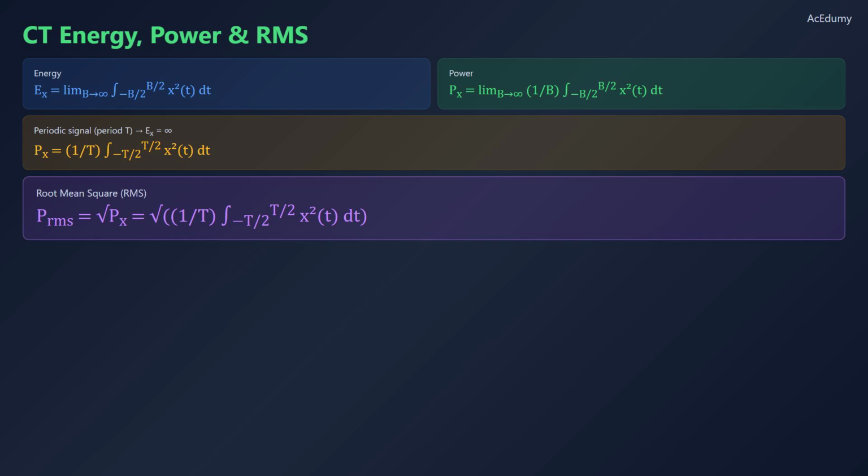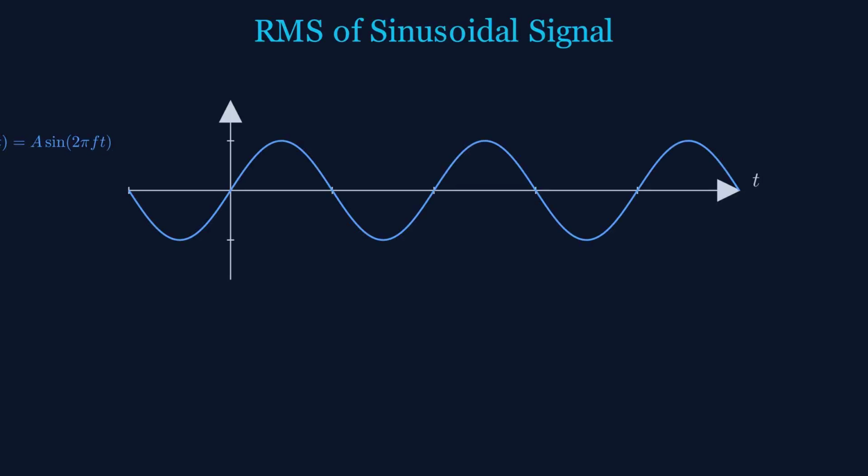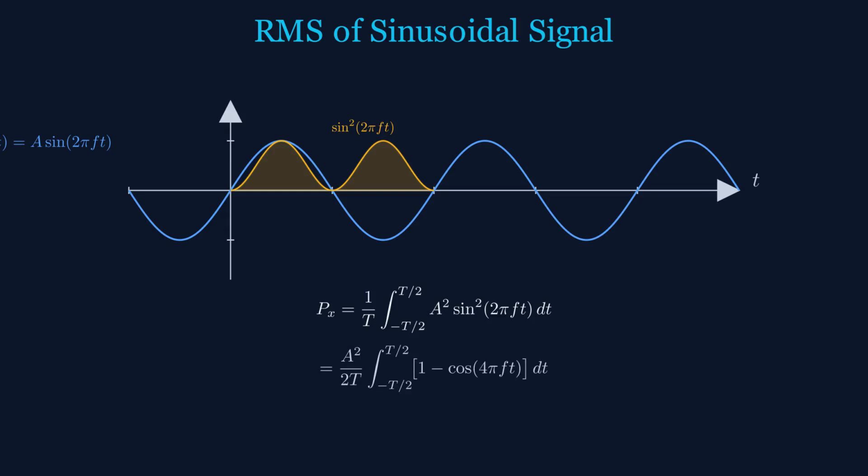The root mean square value, or RMS, is simply the square root of the average power. P_RMS equals the square root of Px. Let's derive the RMS value of a sinusoidal signal x(t) equals A sine of 2 pi f t. This signal is periodic with period T equals 1 over f. The power is 1 over T times the integral of A squared sine squared of 2 pi f t dt over